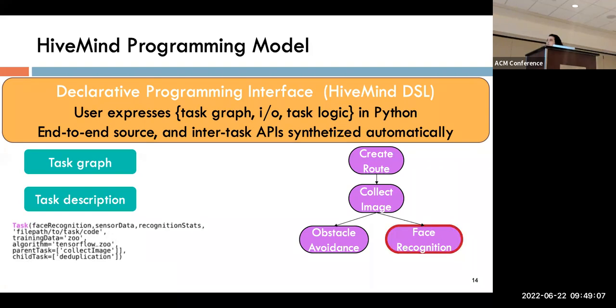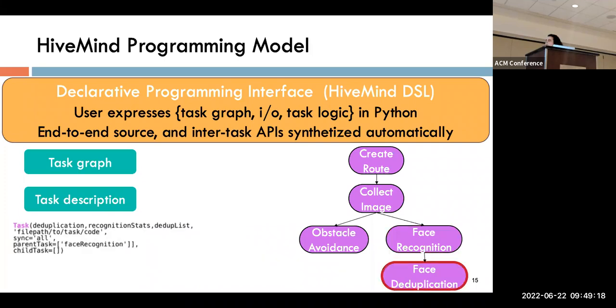And the same process continues for each of the tasks. So the face recognition task will specify input and output data, the model that they want to use, training data, and specific properties, and its dependencies. The final dependence is the face deduplication task, and this is the one that, after we're done identifying all people in the baseball field, we want to disambiguate them so that we arrive at the unique number of people.